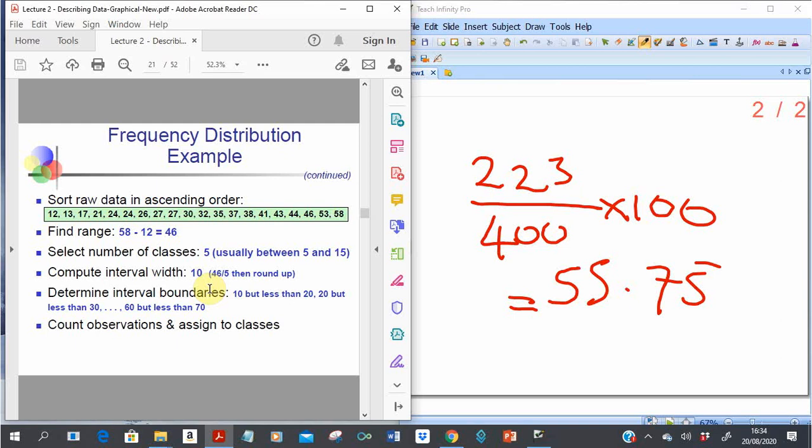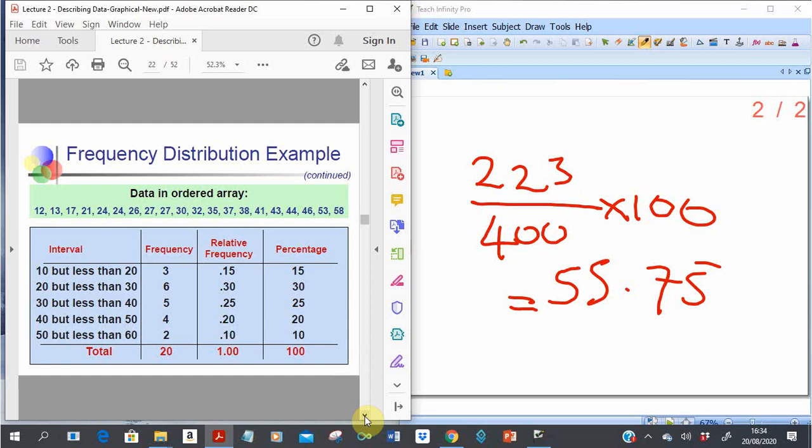So 10 but less than 20, 20 but less than 30, up to 60 but less than 70. You then count and assign the observations. Then from the frequencies,